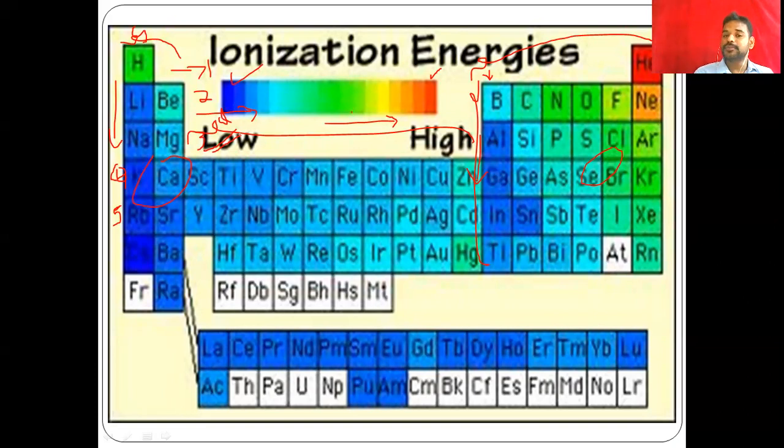But in the case of boron to aluminum, what happens? There is no d orbital, so it is vacant here. You can see that from here to here there is no d orbital, so there is no shielding effect of a d orbital. So from boron to aluminum, normally the ionization energy decreases, but from aluminum to gallium, the ionization energy increases. And in the case of gallium to indium, the same thing happens.